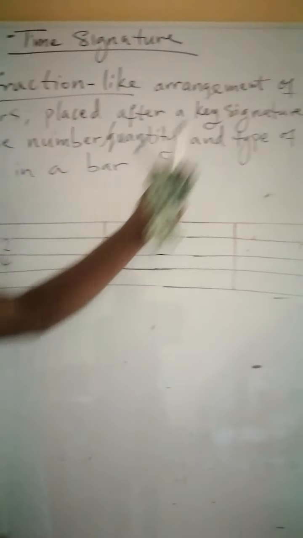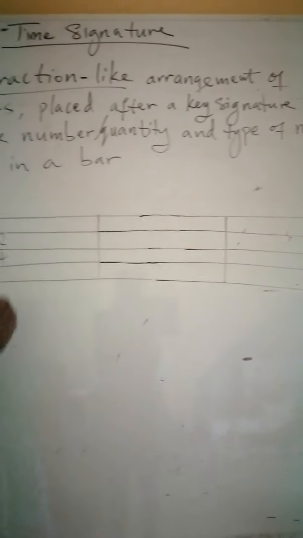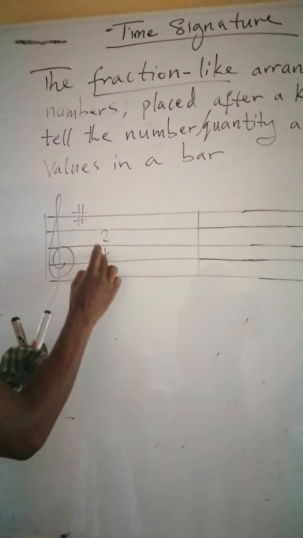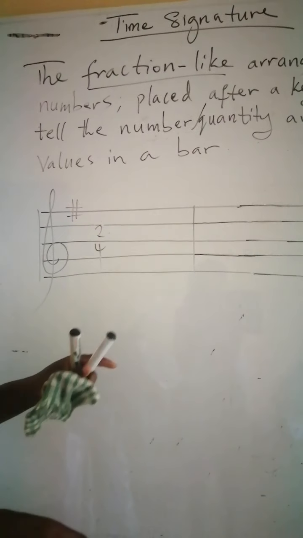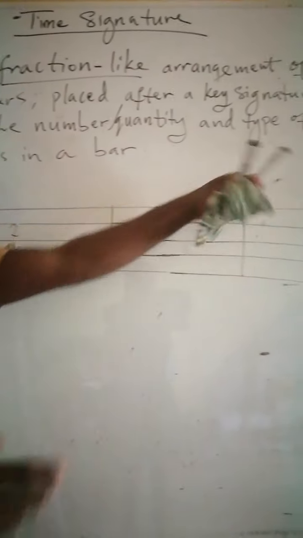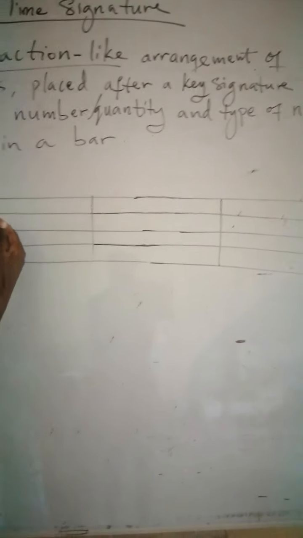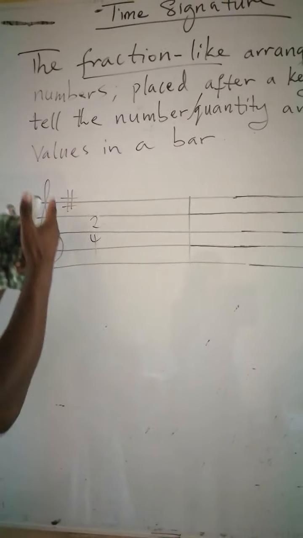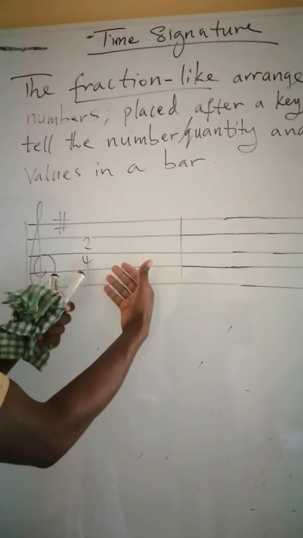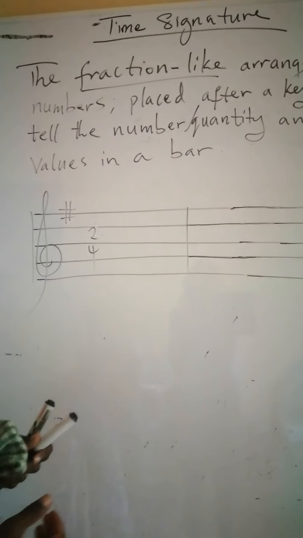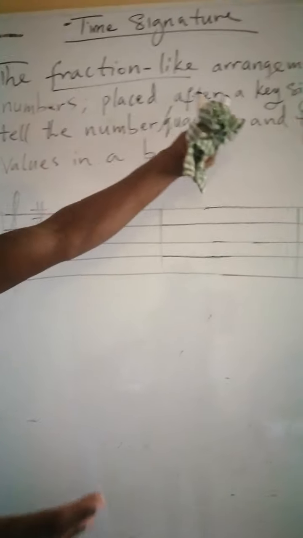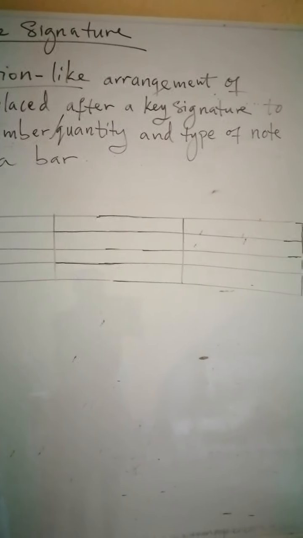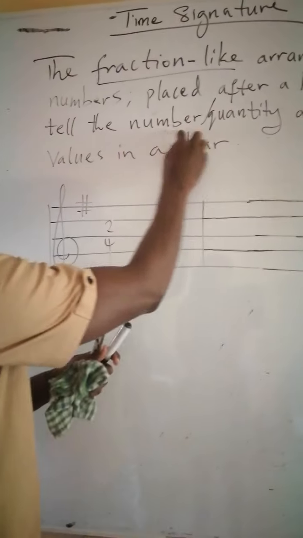The arrangement is just the process of you placing one number on top of the other. All right, and then they are placed after a given key signature. When we have an assembly of a key signature and a time signature, the key signature comes first before the time signature. So that's what I mean by placing it after a given key signature